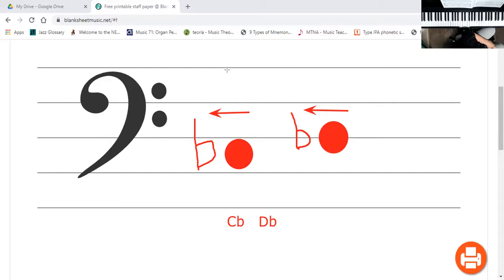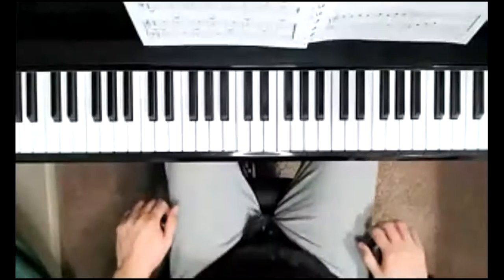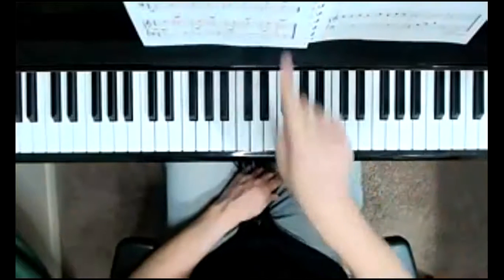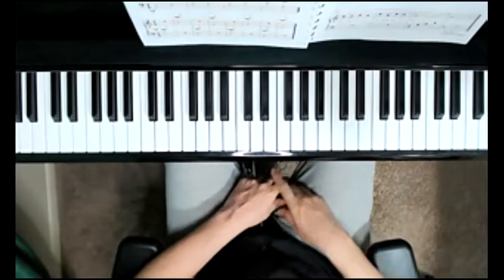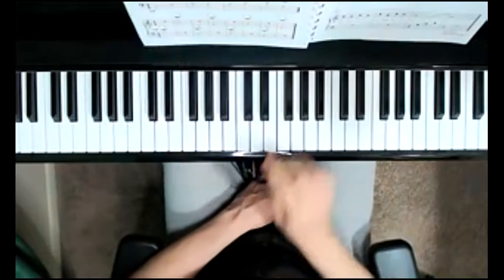But of course, when we have it written in the staff, it's done this way, flat sign first, then we put the note. Okay, going back to our music here. So please fill out page 116 with all the flat sign or note names, and then practice playing them. Not only reading the note itself,